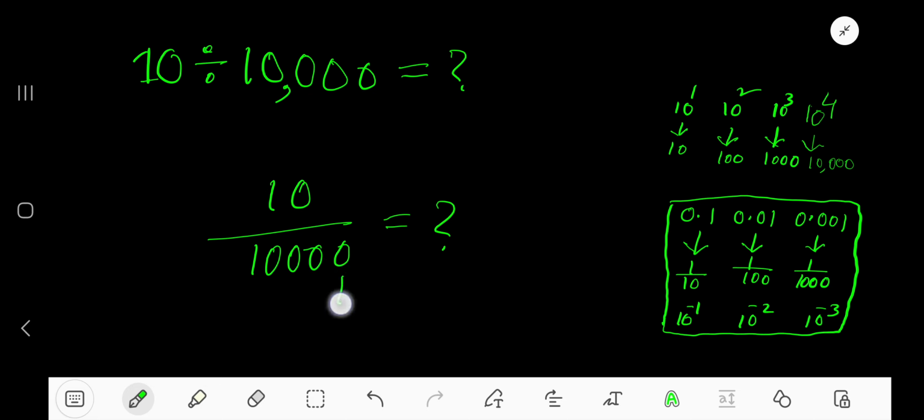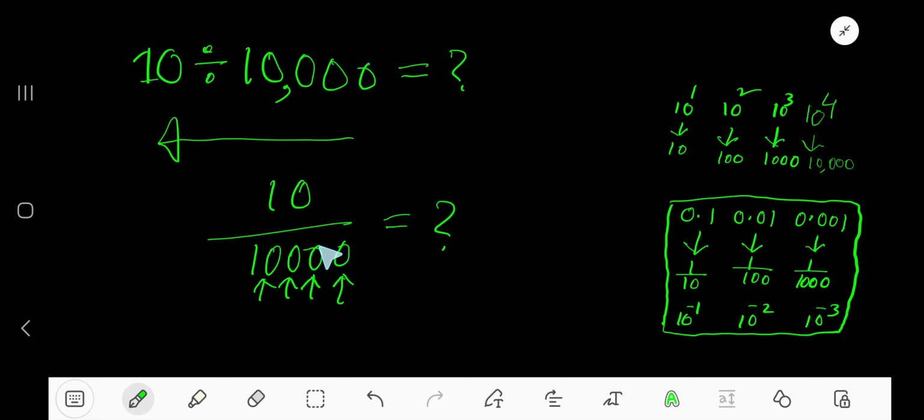To divide a whole number by a power of 10, just count the number of zeros in the power of 10 and move the decimal point right to left equal to the number of zeros. So here you need to move the decimal point 4 places from right to left, because this power of 10 number